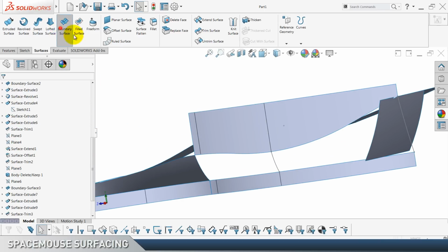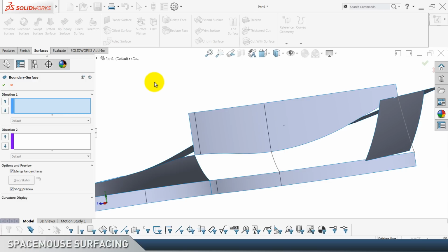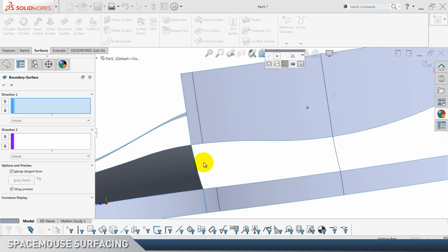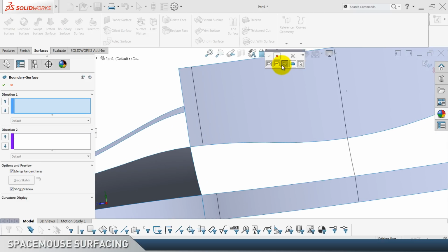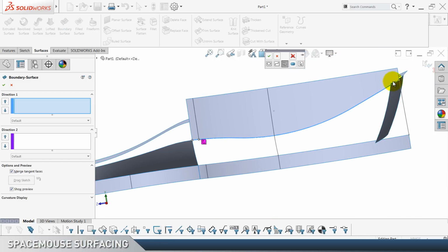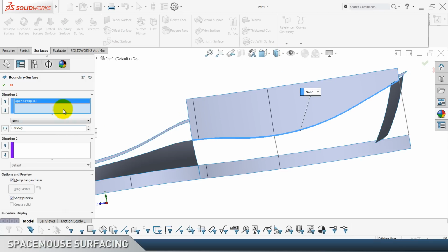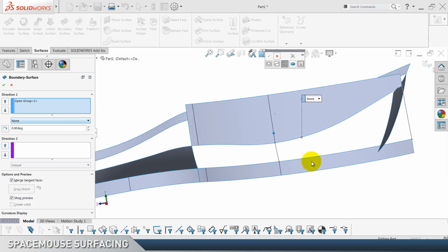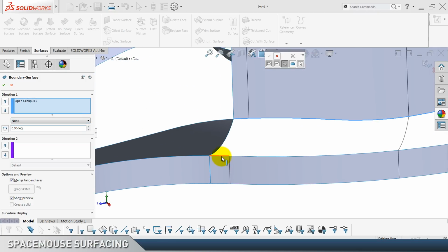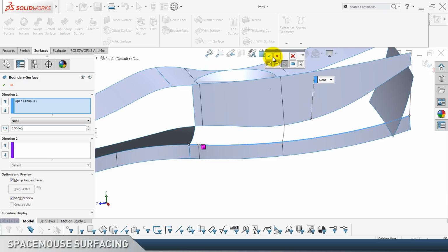We use boundary surface. Direction 1 is gonna be right click here, selection manager, and we select this edge. Make sure here is select group, click on this tangent which gives you all these edges till the end, click OK, and again same, make sure to touch this edge, not this one, because those two are not same surface. Click OK,